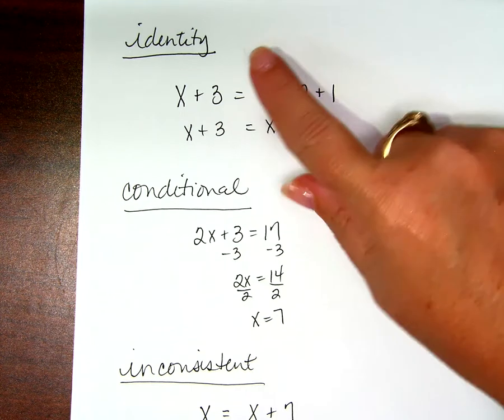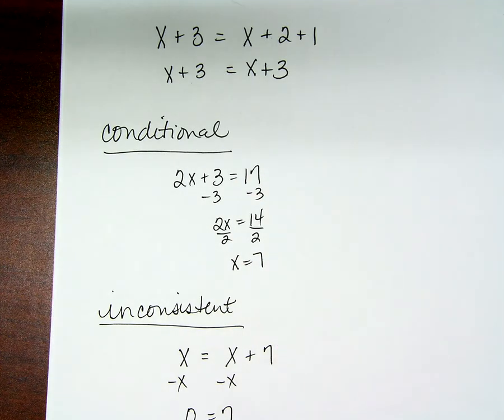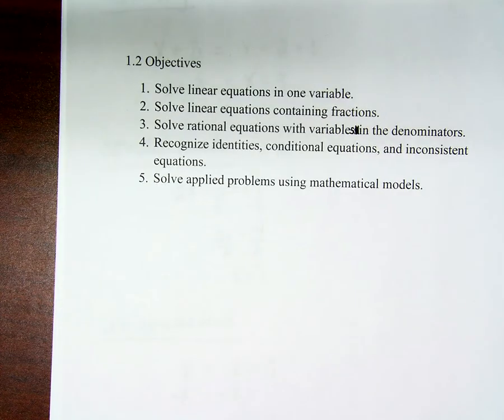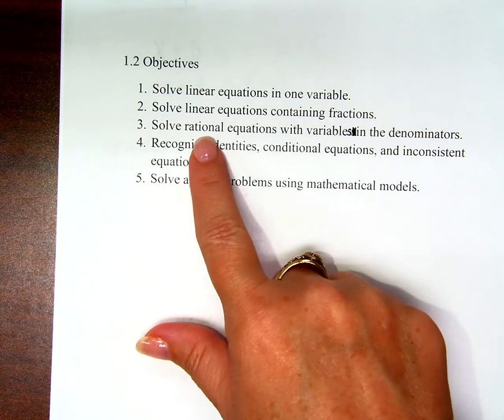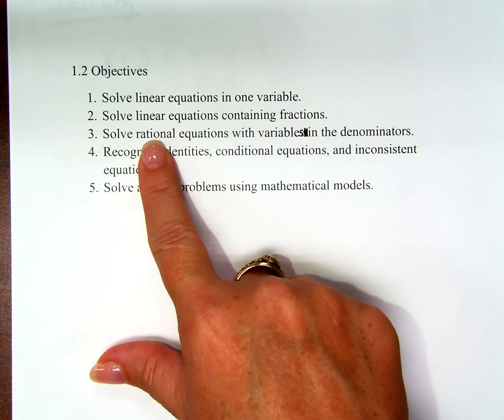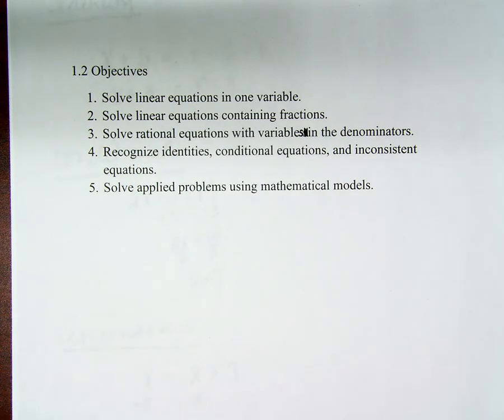Could you tell the difference between an identity, a conditional statement, or an inconsistent statement? Statement, equation, that kind of thing. Okay? So those are our 5 objectives for the day. Now, I know I only did 2 or 3, especially with these rational functions, but that's something we can definitely sit and work on later on if you need to. I know some of you are pretty comfortable with them, and so you don't need a whole bunch of examples,